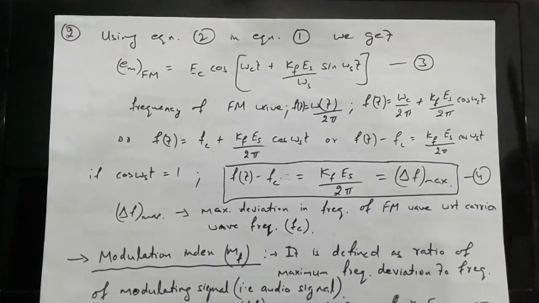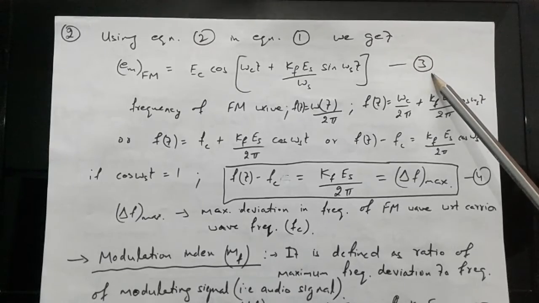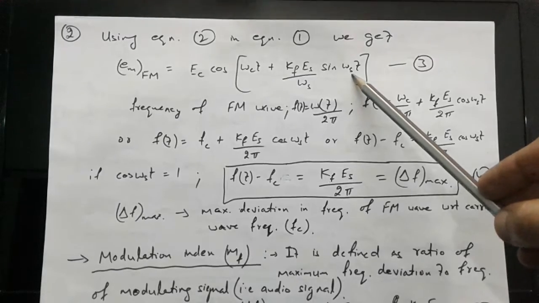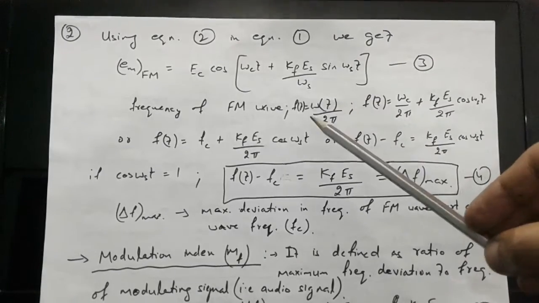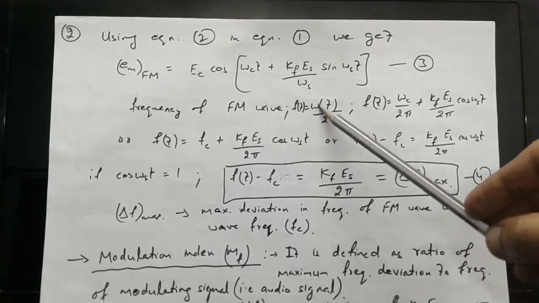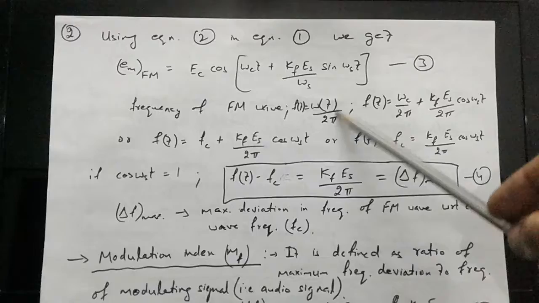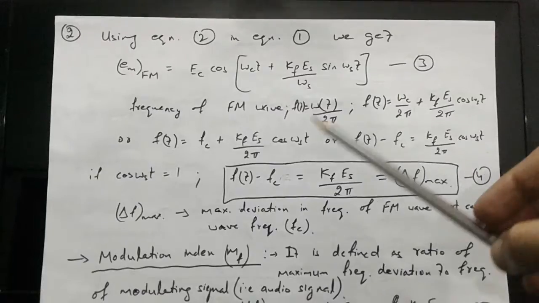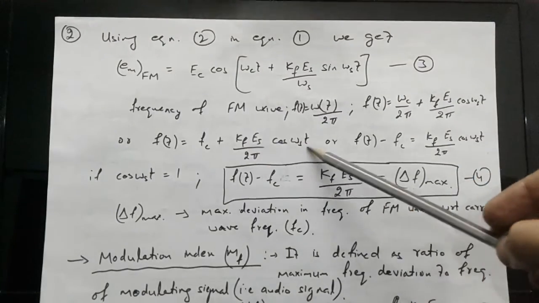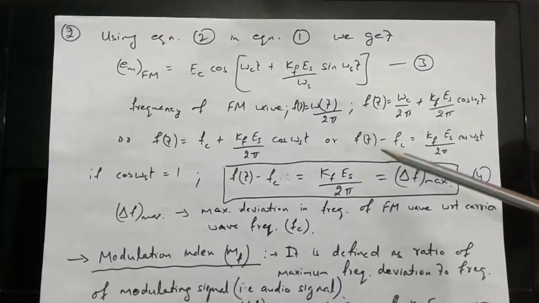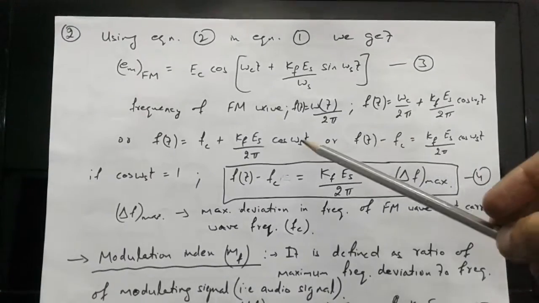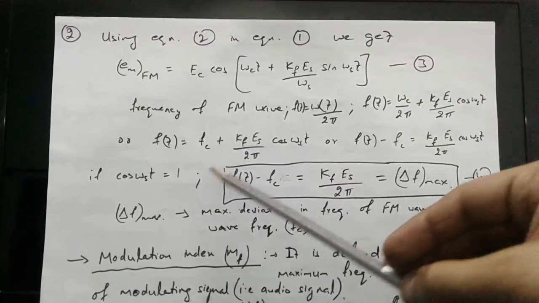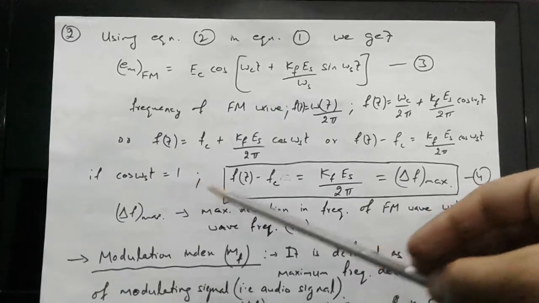So, here you can see that equation 3 represents a frequency modulated wave when we put the value of theta t here. Now, the frequency, we know, is omega t by 2 pi, and if we put this value, we get a relation for ft, which is equal to fc plus this term, and if we take the maximum value of this cosine, which is equal to 1, in that case we get